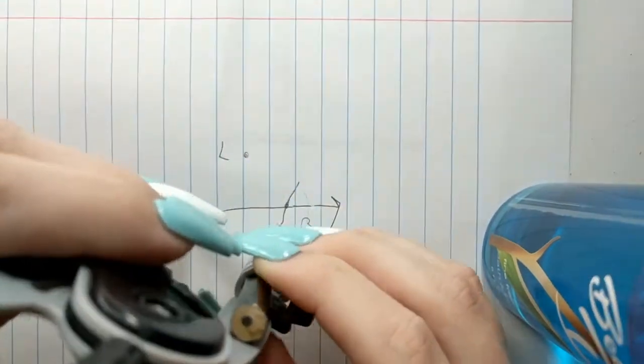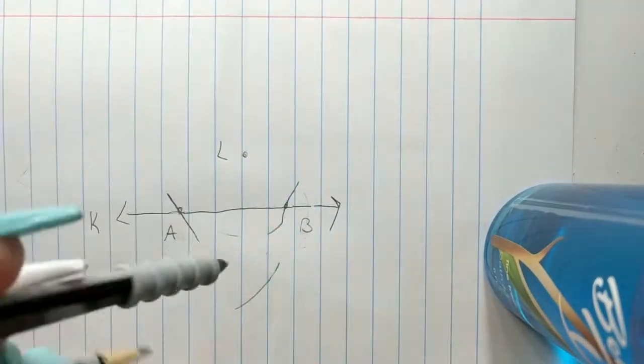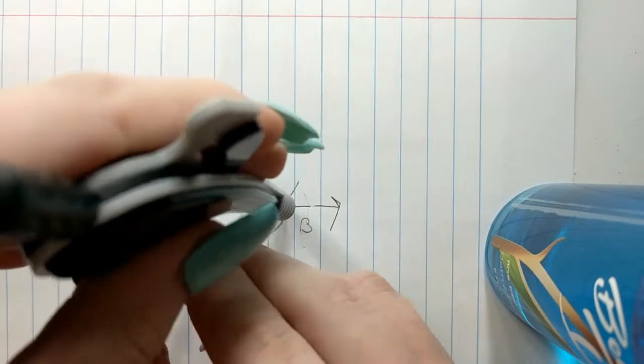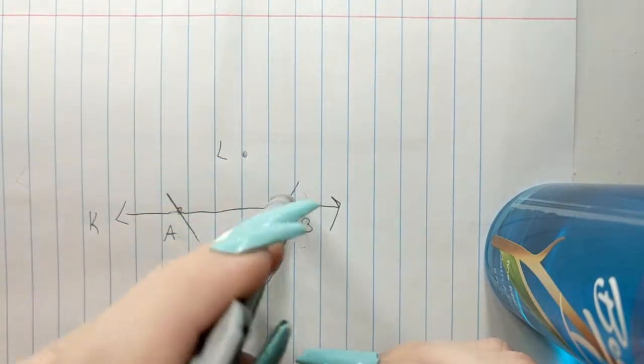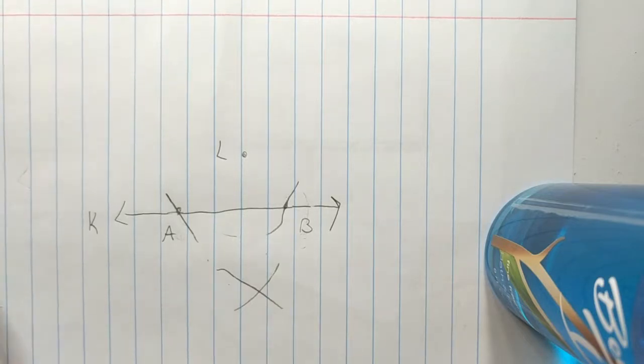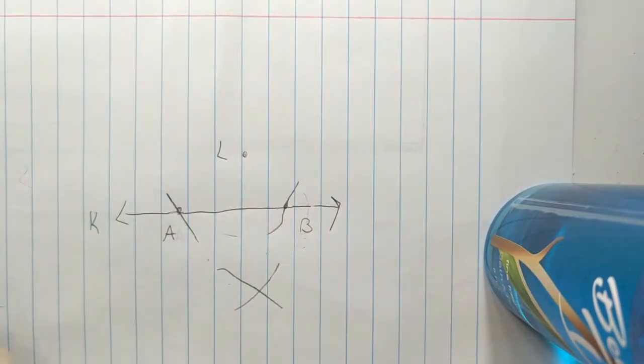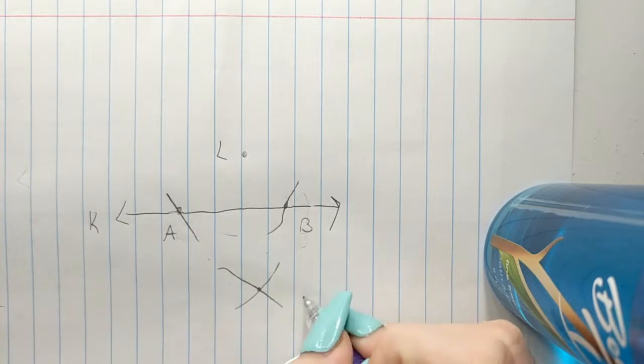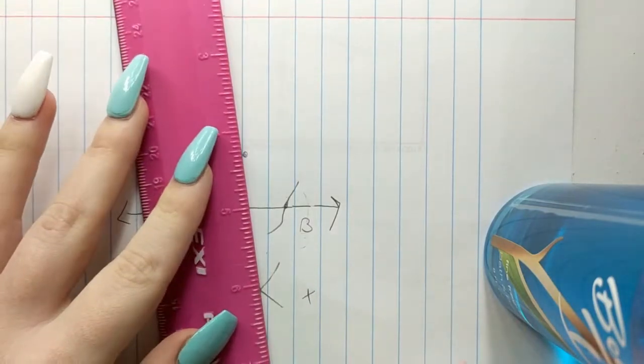And we're going to do the same on point B, like this. Now we're going to use a straight edge to draw a line connecting this intersection named X and point L. And